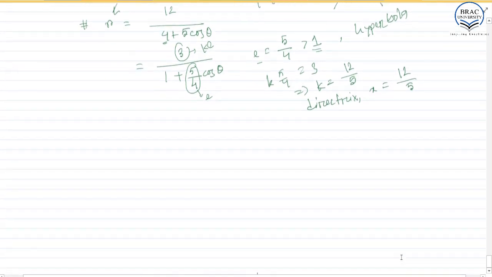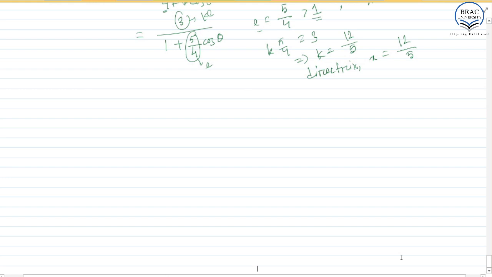Now let's take another example. So we have r equals 7 divided by 2 minus 2 sine of theta. Dividing by 2, we have 7 by 2 in the numerator, and in the denominator we have 1 minus sine of theta. So e here equals 1. So it's a parabola